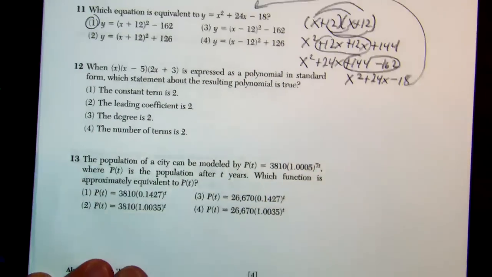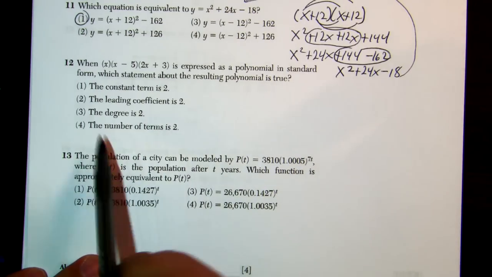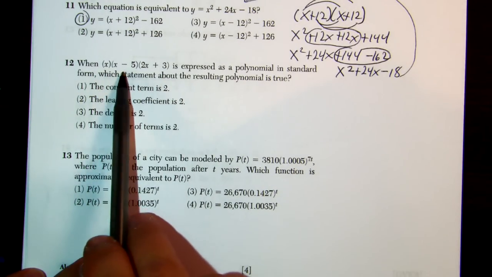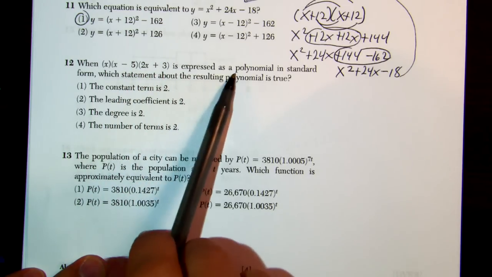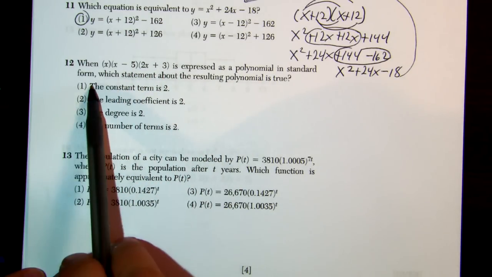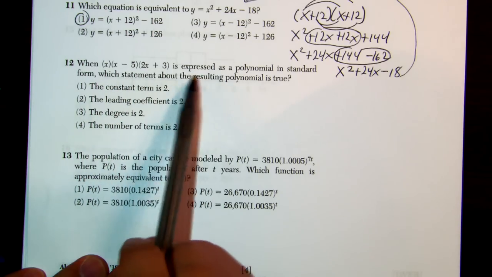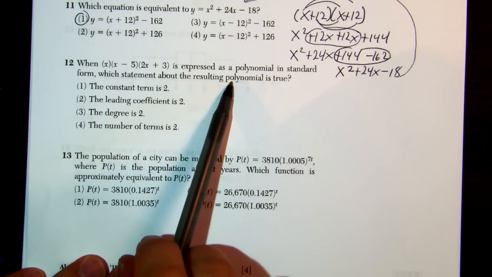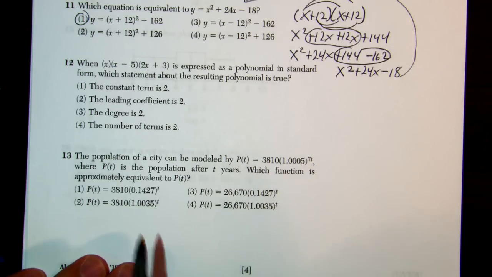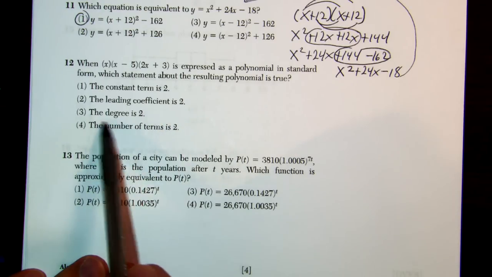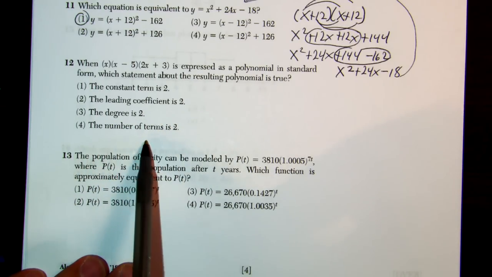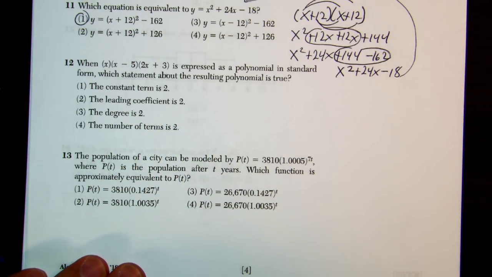Moving on, number 12. When x times x minus 5 times 2x plus 3 is expressed as a polynomial in standard form, which statement about the resulting polynomial is true? Okay, so we have the leading constant term is 2, the leading coefficient is 2, the degree is 2, the number of terms is 2. Well, the only way to really figure that out, guys, is to go ahead and do the multiplication. Again, FOIL